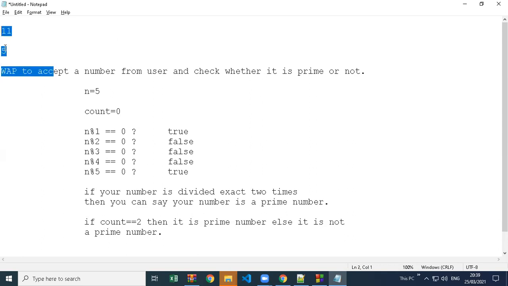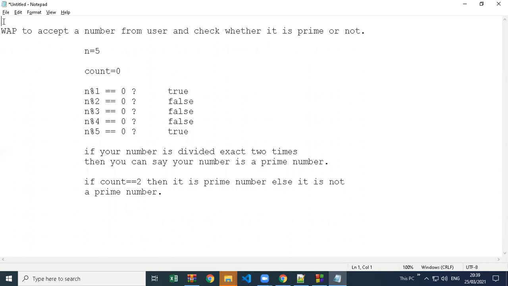So this is not a logic; without a loop we cannot create it. This logic will not work. We can try different logics, but without a loop it is not possible. You have to take a loop. If you have a number, you have to divide from 1 to itself. This is a simple logic. We can decrease some repetition, but this one is a simple logic you can use. Loop is required in every logic. You have to start a loop from 1 till the same number, so you can take a for loop for this.